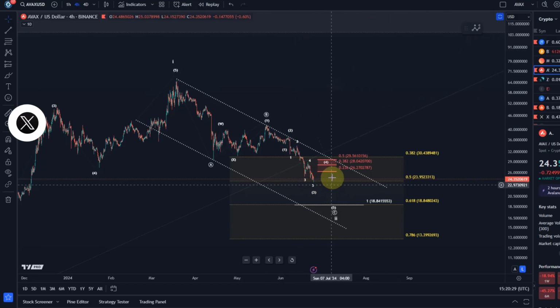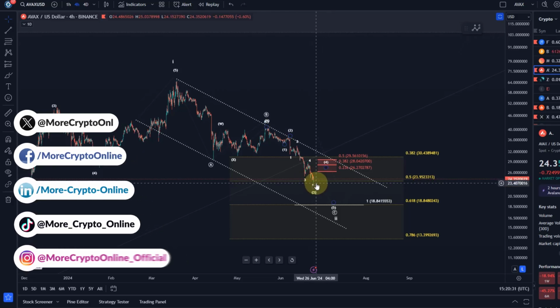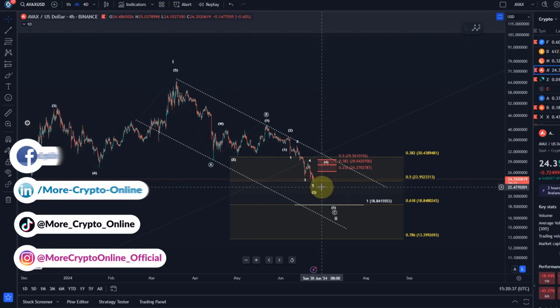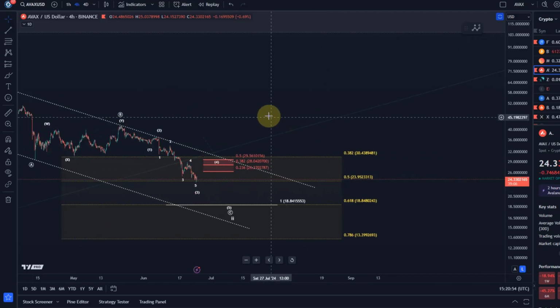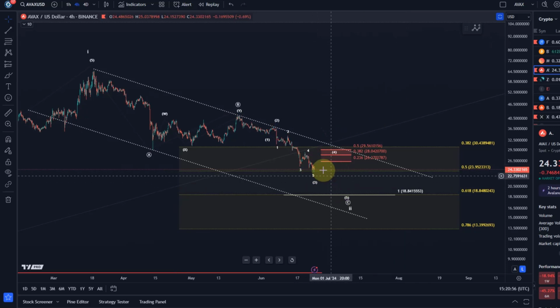AVAX is now basically touching that 50% retracement level here at $24. We already saw the price get very close to that next support level yesterday, very close. It's now actually touched it and it shows a small reaction, not even a reversal. It makes sense for me to watch for an additional 4-5 pattern here that is broadly in line with Bitcoin, Ethereum as well. I think we need another 4-5, which means another lower high and another lower low to